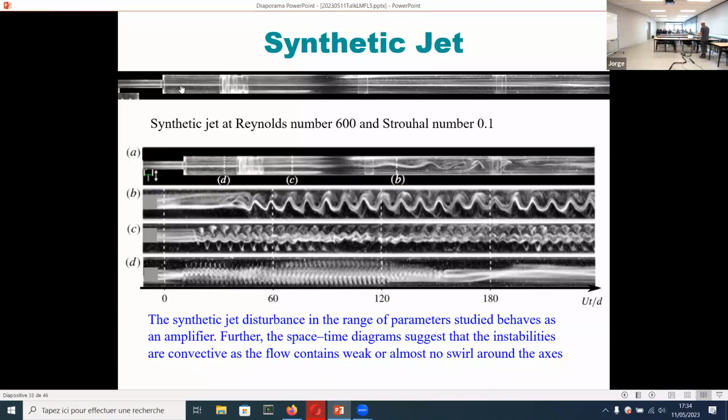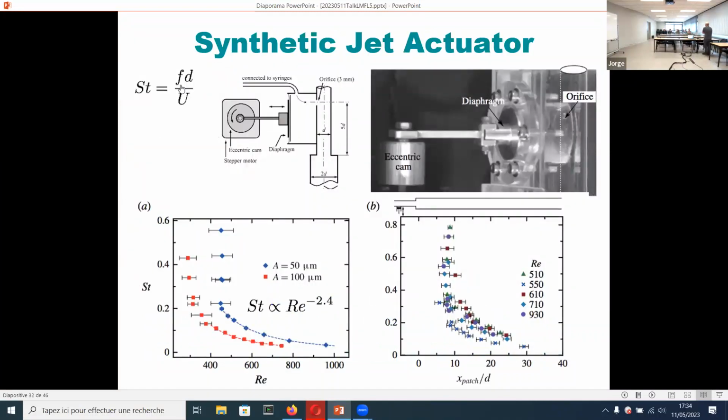So no more questions from the room? Maybe just one last question. Yes. I'm wondering, with the device you are using to create a synthetic jet, where you are creating some kind of coherent structures, do you also produce some acoustic wave that could also